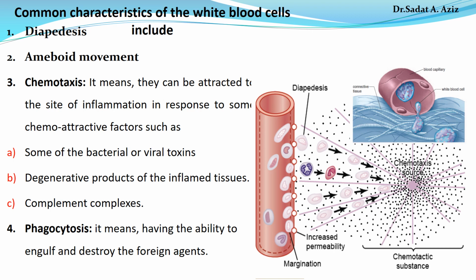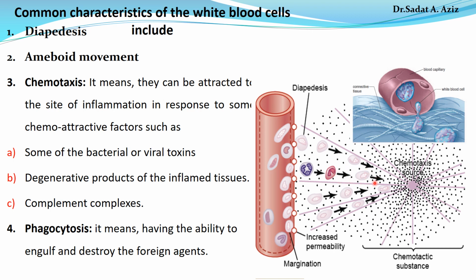So the white blood cells are characterized by having different features. The first one is called diapedesis. Diapedesis means they can produce projections, like foot-like projections, so they can move. The second property of the white blood cells is amoeboid movement. Amoeboid means they can move just like an amoeba. Amoeba is a protozoa, so with amoeboid movement they can crawl in or move between the tissue cells